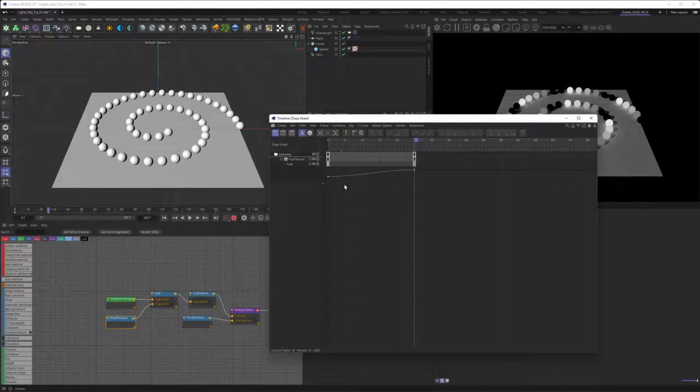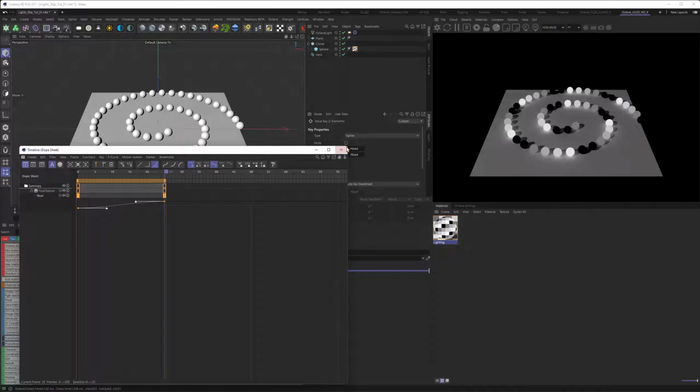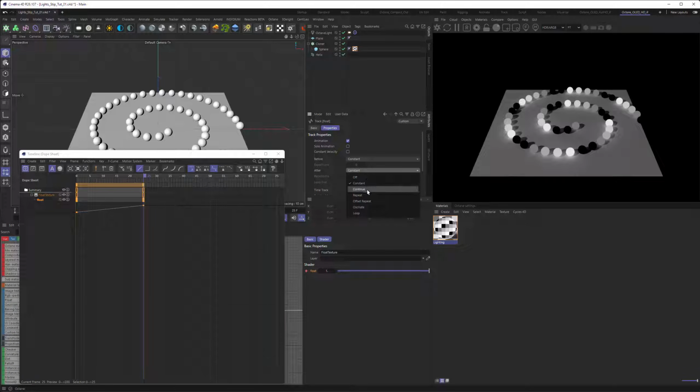If we roll that out, you can see the spline here is actually interpolated. Instead of an interpolation, we want to use a linear interpolation. Then we want to go to the float value here and set it to continue the state after the keyframes. What this is doing is it pushes up the value ever since, so it's just an ever increasing value that comes out of that.